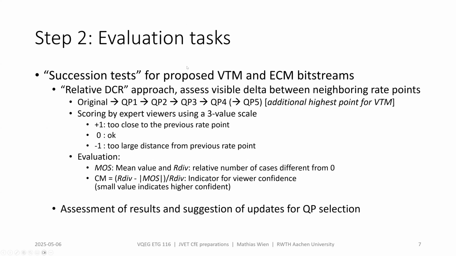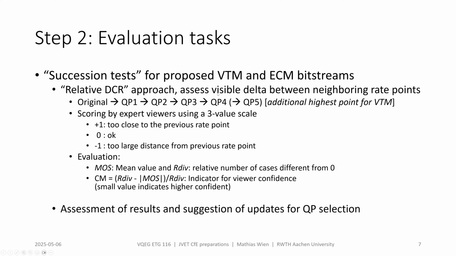And then what we did for this task was something that I call a succession test for the VTM and the ECM streams, where we did something like a relative DCR. So we always would compare 2 neighbors starting from the original. Then you would see the highest quality. So you can do a comparison between those 2, and then you would go from the highest quality to the next one, to the next one, and to the next one, and so